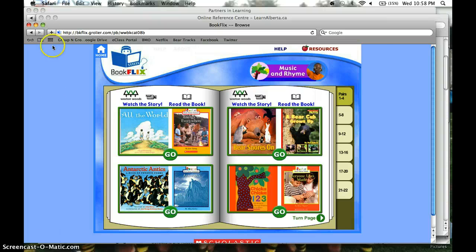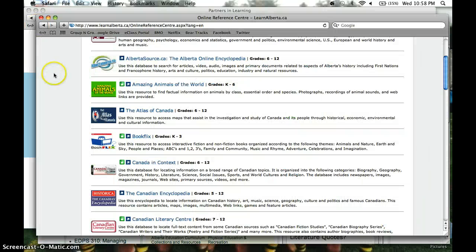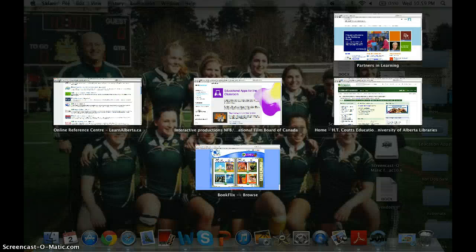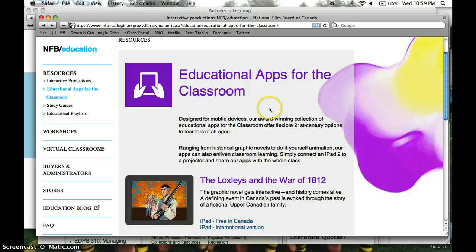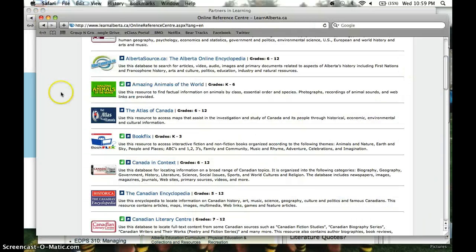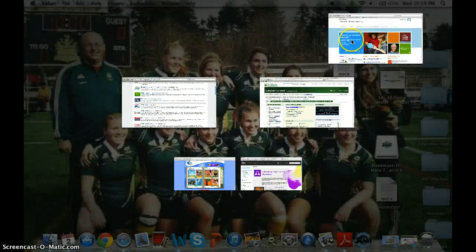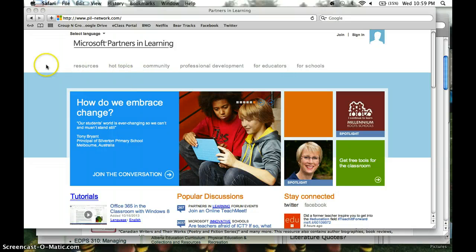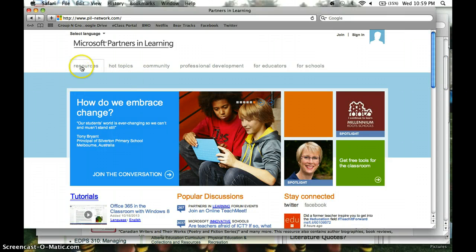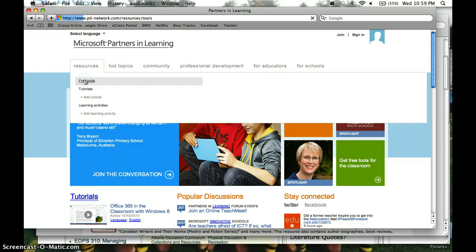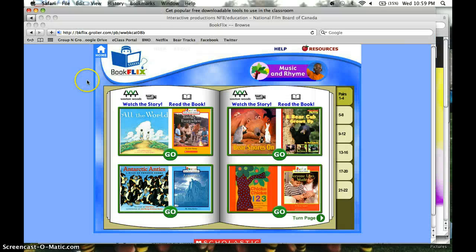So the last vendor that we learned about was the Microsoft Partners in Learning. So this website has tools to enhance the classroom. Sorry, that's the National Film Board. So here there's so many free resources that you can use. So if you click resources and go to free tools,